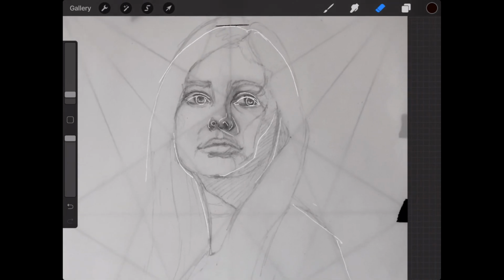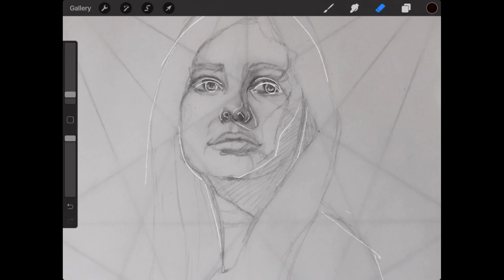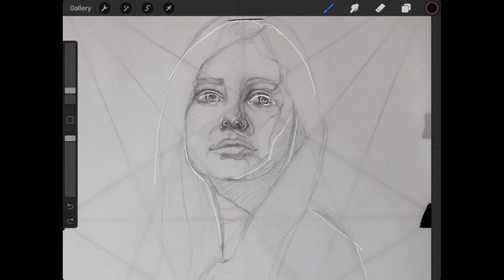And once you make those corrections, I would just clean up some of the extra lines that are kind of like out here so that you don't get distracted when you're transferring. Just have only the lines left that you want to transfer. Because when you're transferring, it's already hard enough to kind of track what you've gone over. So you want to make sure that it's as simple and simplified as possible.